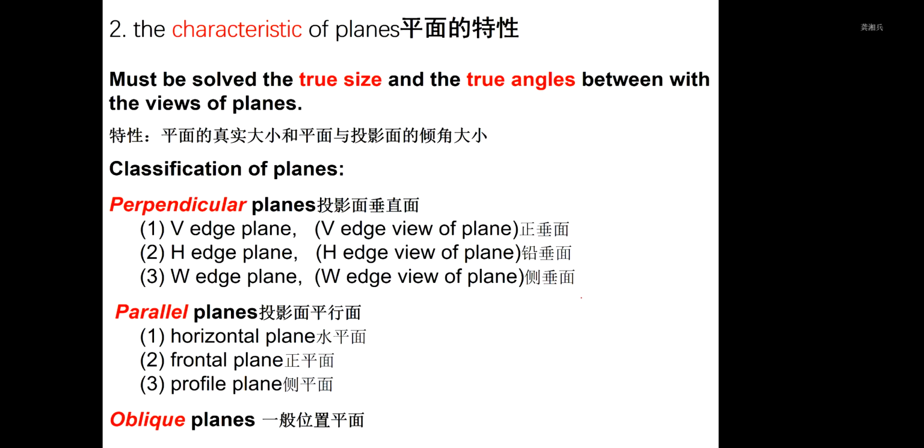In Chinese, we call it 正垂面. The HH plane is a 铅垂面. The WH plane is 侧垂面. In the parallel planes, we also have three kinds of parallel planes: horizontal plane 水平面, front plane 正平面, and profile plane 侧平面. We call them the horizontal projection plane, front projection plane, and profile